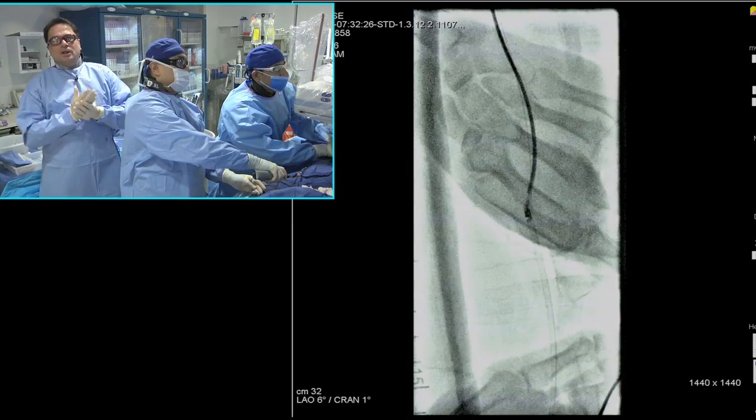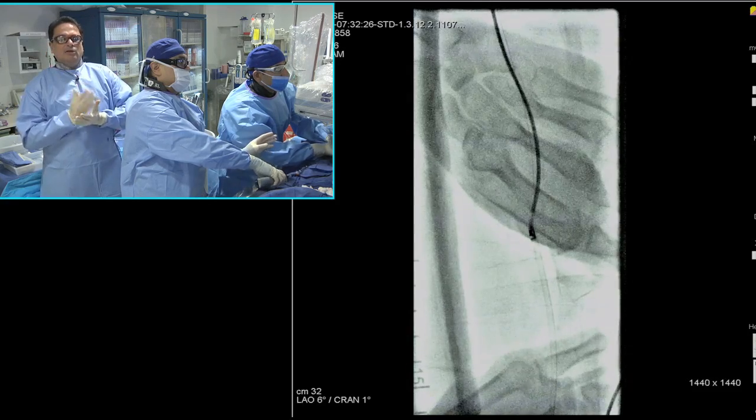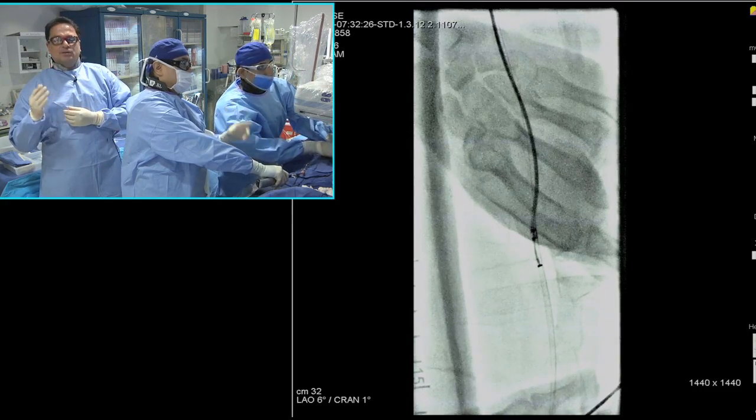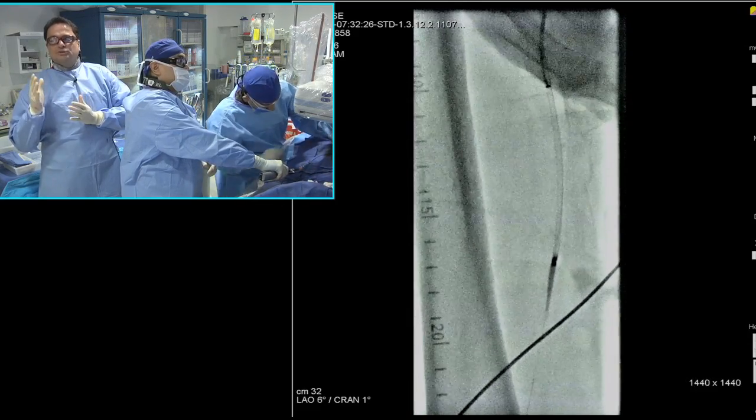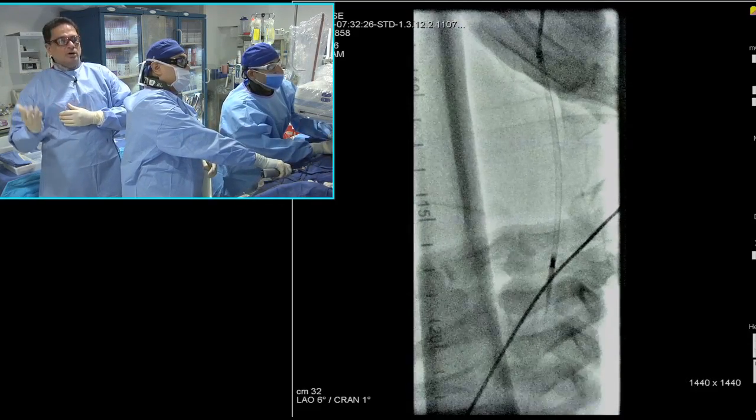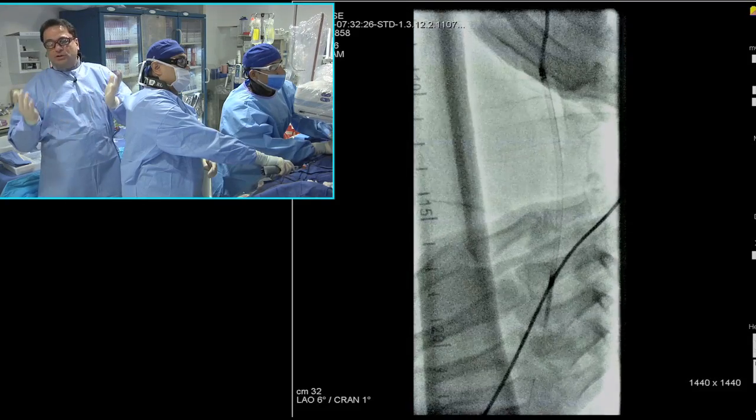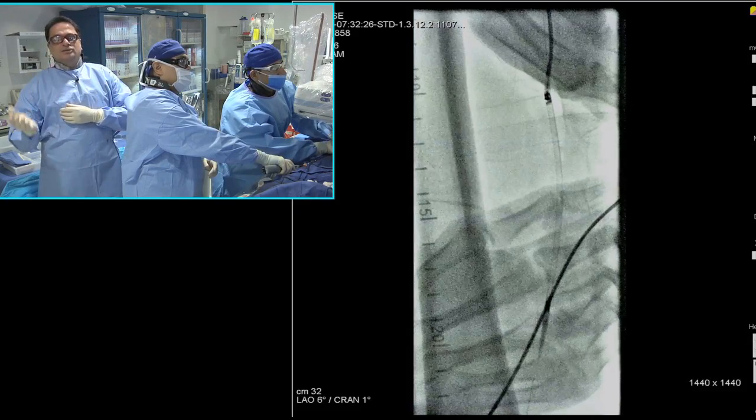Well, the bottom line is, to me, it's a tool. I really believe that yes, you cannot predict where the adventitial injury is occurring with Silverhawk, but I think if you try your best to really prevent the guttering, you're going to reduce that. However, you still can't predict, so you might need to do intravascular ultrasound